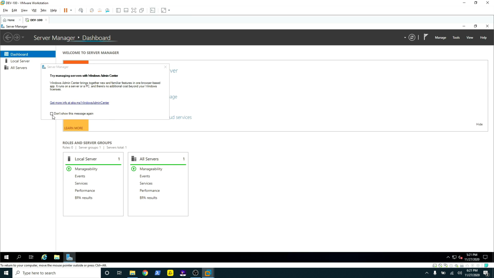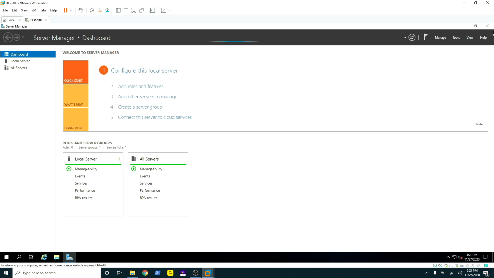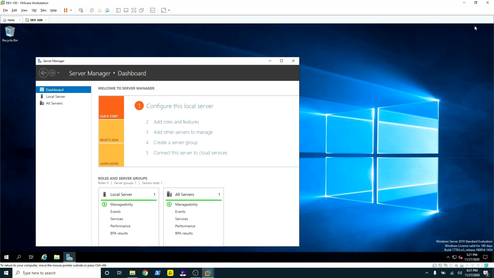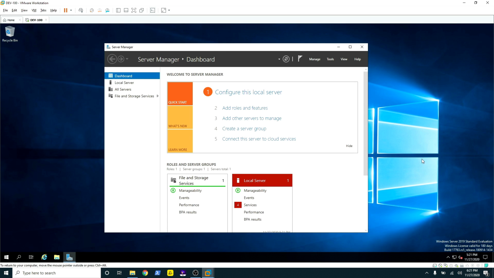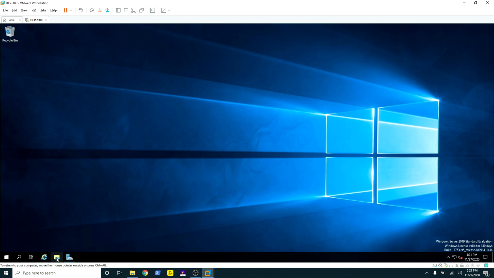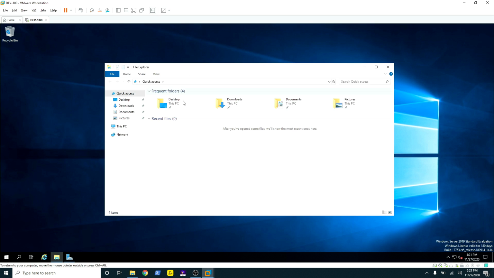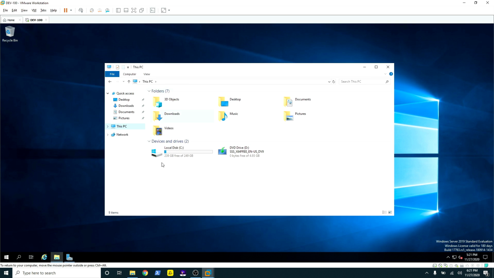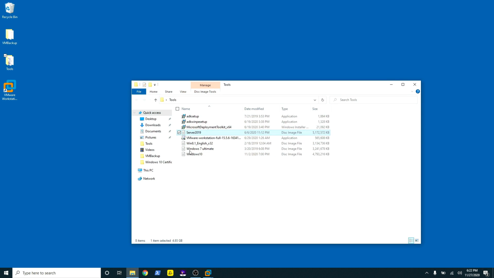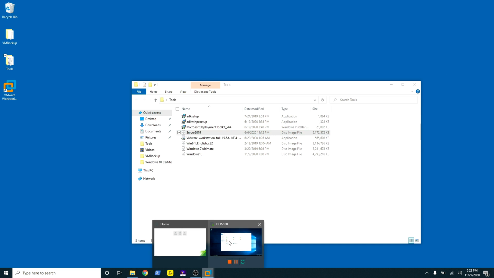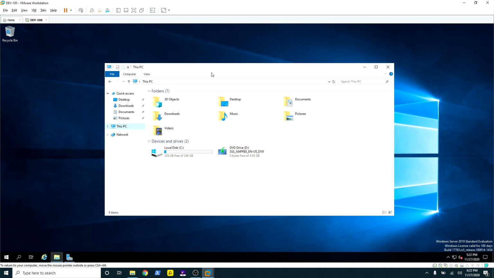I will just minimize that and close that out. We're going to be using this Server Manager a lot in our next lesson. During our next lesson, we're going to be accessing lots of files. If you remember our files that we downloaded during the first tutorial, which is the tools, we need to be able to access this folder from inside of our workstation, which is our guest. So we're going to need to set up a